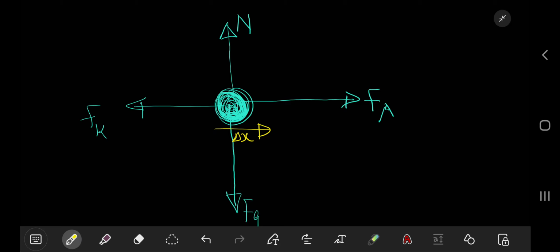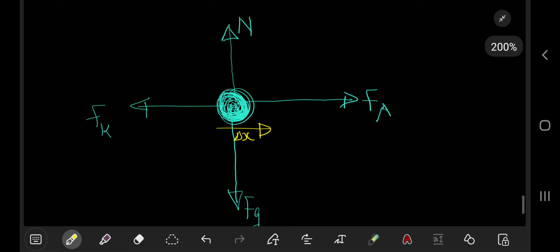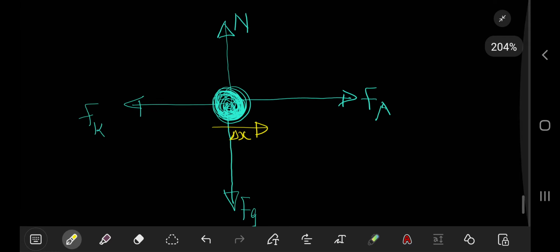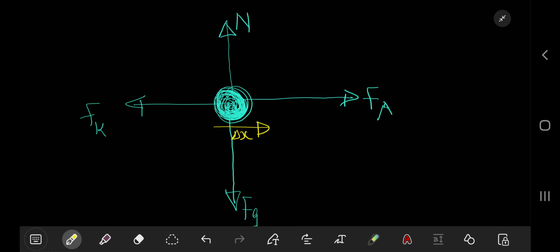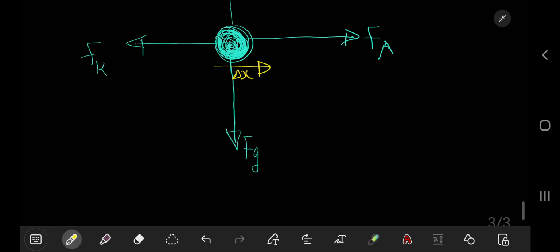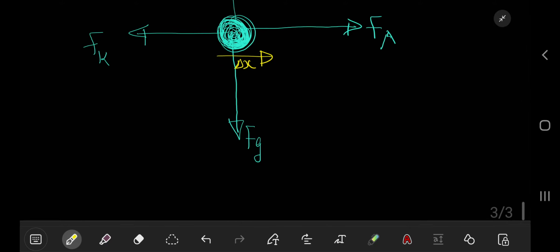Of the forces that do work, some may do positive work and some may do negative work. Those conditions were explained in the previous lesson, but I'll also highlight them in this video. So now let us classify whether a force is doing work or not. We said the condition is